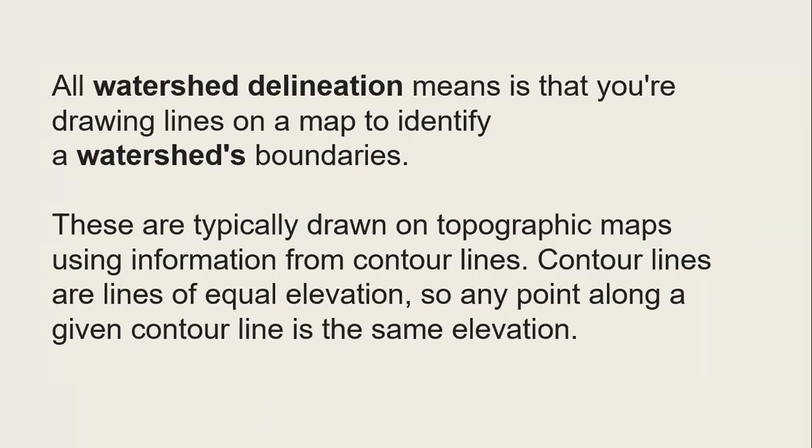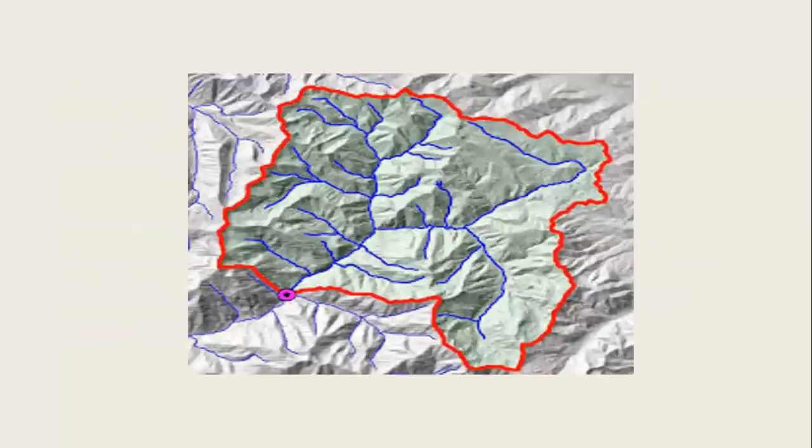Right? Next one is watershed delineation. These all are generated with the help of DEM. Watershed delineation means that you are drawing lines on a map to identify watershed boundaries. These are typically drawn on topographic maps using information from contour lines. Contour lines are lines of equal elevation, so any point along a given contour line is the same elevation. So this is a watershed delineated